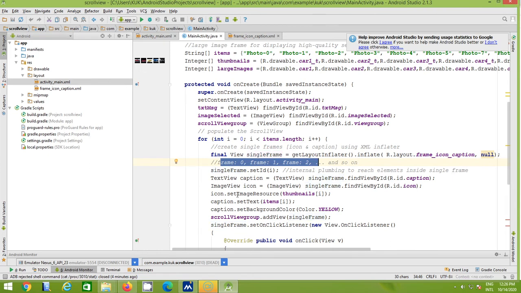After that we assign the ID to each frame. To assign the ID we use the method setId. So singleFrame.setId, and that value is i. The first frame will be assigned ID 0, the second frame will have ID 1, and so on. After that, the frame has two parts: one is your image view, the second one is the text view.